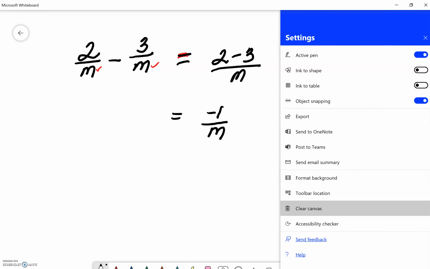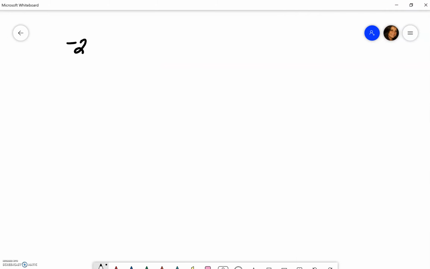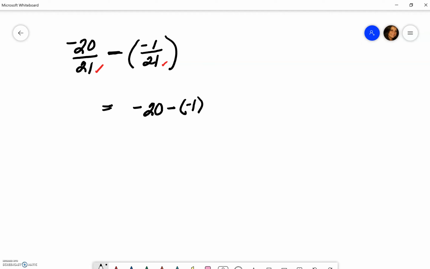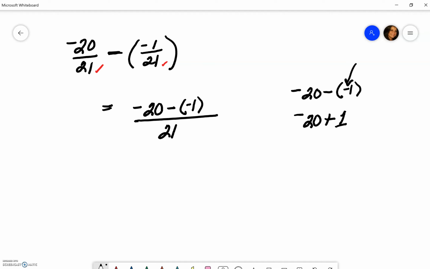All right, let's try number 7. So number 7 is -20 over 21. And we subtract it by, and then here's a parentheses just to protect the negative sign, -1 over 21. So we see it's a subtraction problem of fractions. The first thing we ask, are the denominators the same? If they are, I'm just going to rewrite it as -20 minus and then -1 all over 21. So I'm going to go off to the side, the -20 minus my -1, and I'm going to change that minus to a plus